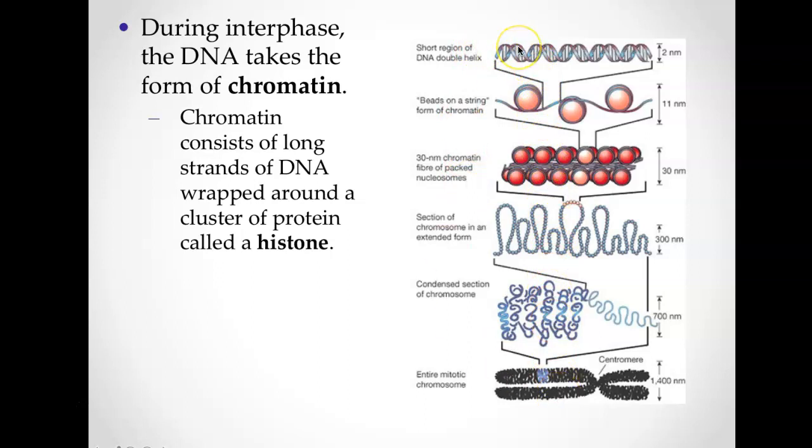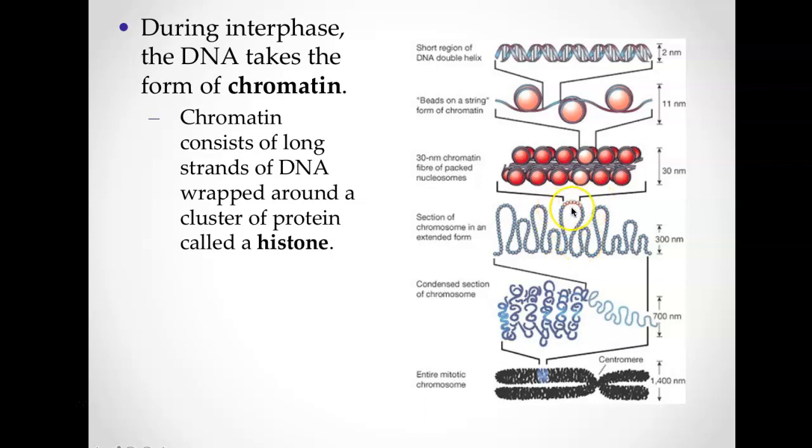So let's kind of follow this picture down. So look at the picture. I'm going to follow it downward. This is DNA. DNA wrapped around histones is called chromatin. Each little unit of DNA wrapped around histones is called a nucleosome. You can think of it as like pearls on a necklace. Each little circle you see here is called a nucleosome. So the definition of a nucleosome is DNA wrapped around 8 histones. I'm going to see who's watching the lecture, so write down 8 histones per nucleosome, and then I'm probably going to ask that on the quiz.